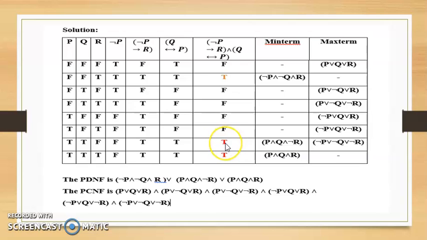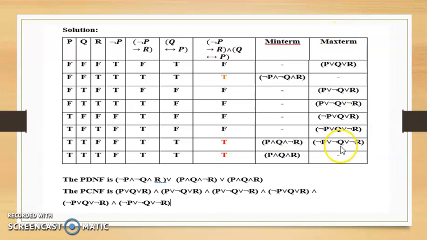Next one here, it is a T. So here T, T, F. So it is P and Q and not R. So that is the thing. Then for this T, in 3 places we are having T, so we will take as it is. The same variables, P and Q and R. So in this way we have written the min terms.